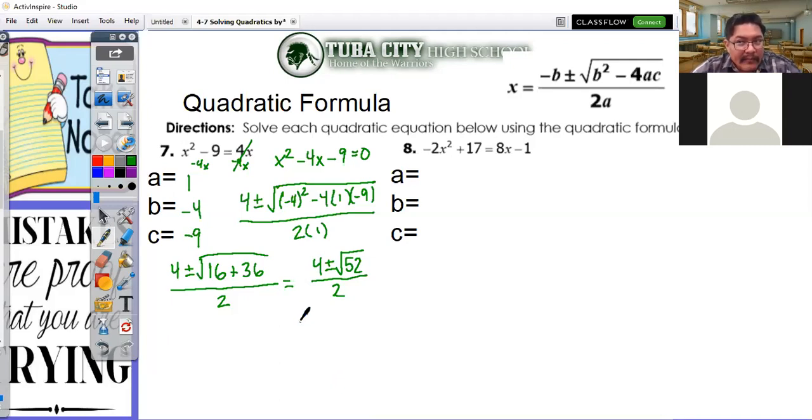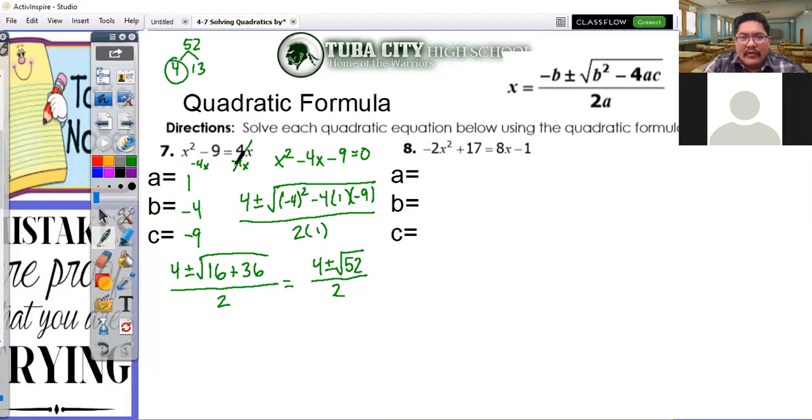Well, if you remember, like a week ago, we worked on simplifying square roots. So if you simplify square roots, you're going to have to break down the number in here. So I'm going to do it up here. 52. Well, think of two numbers that you could multiply to get 52. Now, in this case, you have a bit of an advantage because I can see the factors that make up 52. One of them is already 16. 16 is already a square number. So in this case, I go 4 times 13,